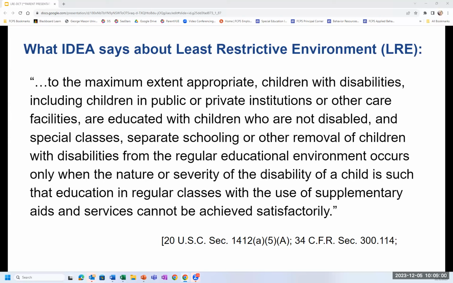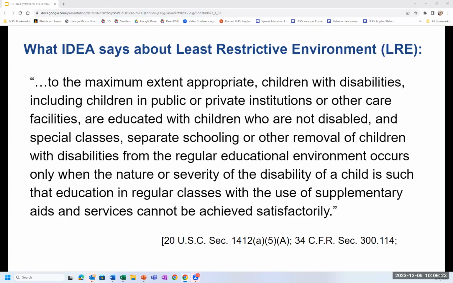Special classes, separate schooling, and other removal of children with disabilities from the regular educational environment occurs only when the nature or severity of the disability of a child is such that education in regular classes with the use of supplementary aids and services cannot be achieved satisfactorily.